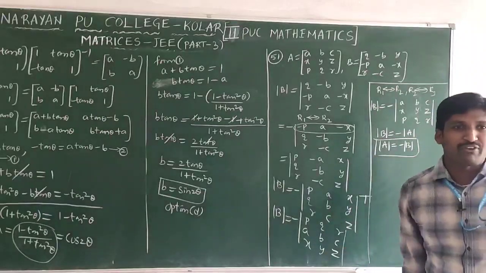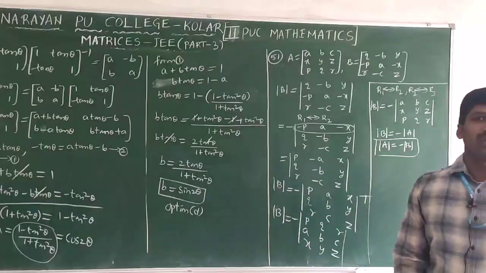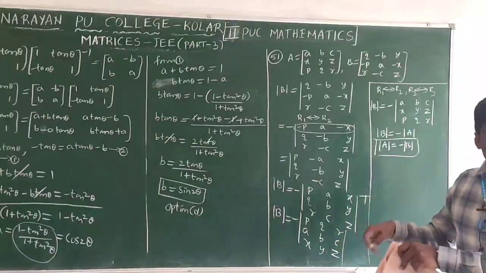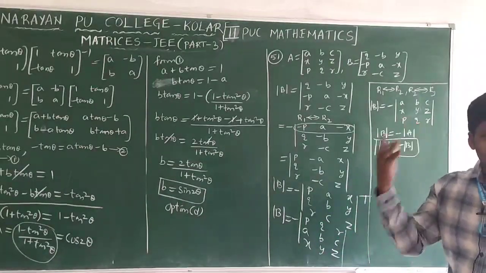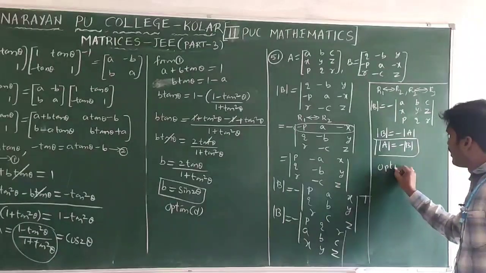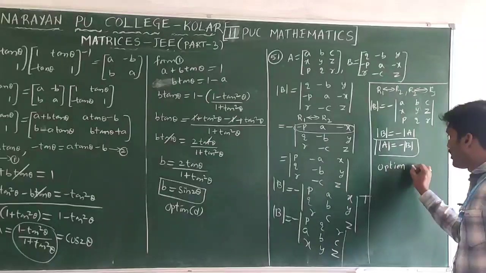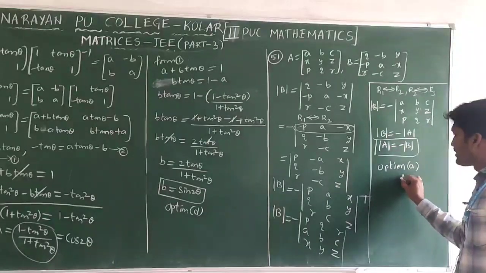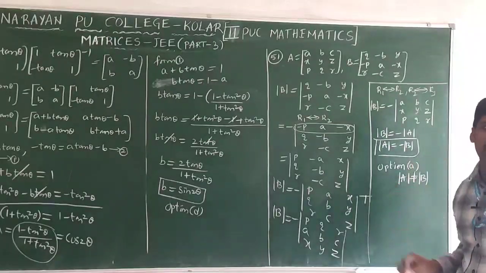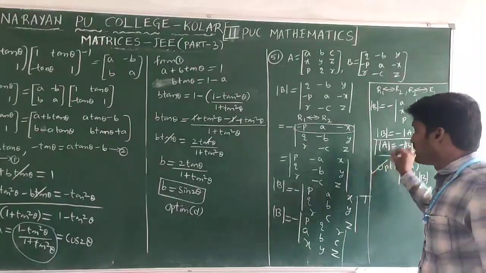But see in the first option only. What is given in the first option? Det A equal to det B is given. Equal we are not getting now. So it is clear which is not correct, the first option only. You need to check the remaining also. Which is the wrong one? Option A. They gave det A is equal to det B. That is not possible. That's why option A is the answer.